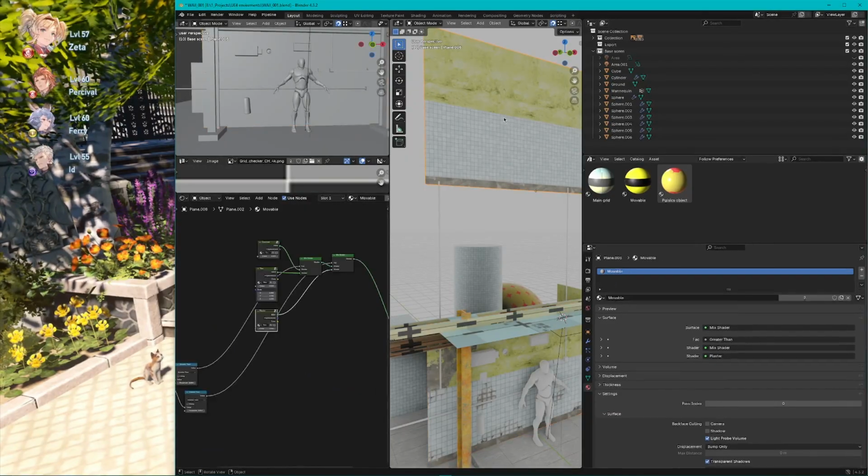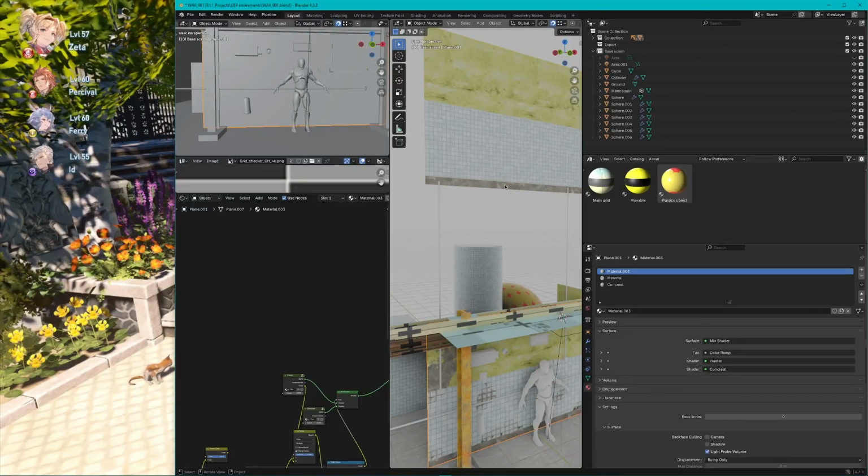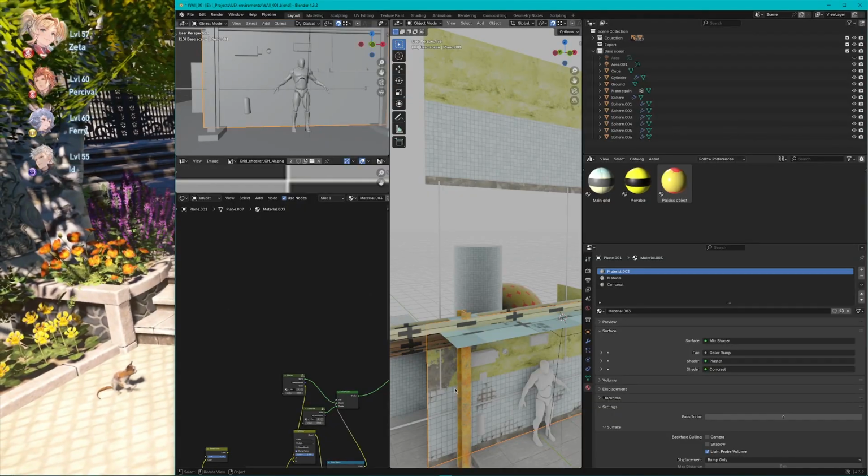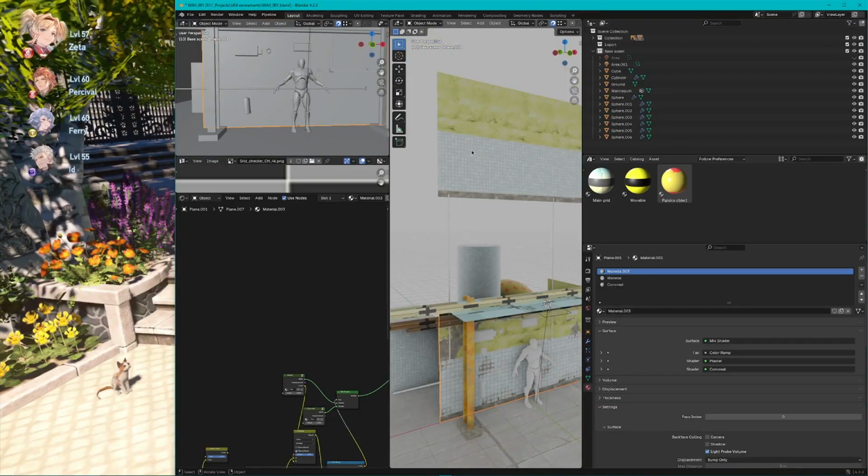And I don't think I have any information right here on the vertices because I used them as a mask. But if I didn't and I used an actual texture to mask them, I can use vertex painting and have the same result like I have here with the details on the tiles, having some of them broken and some of them still intact, and the kind of peeling of the plaster and so on. So that is the idea of